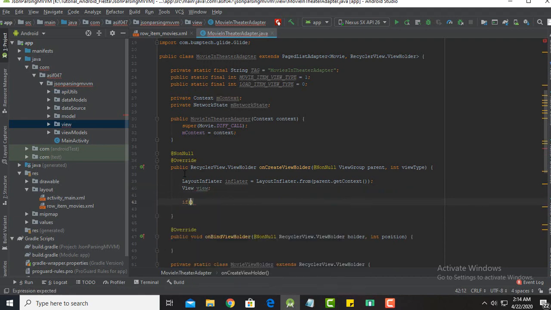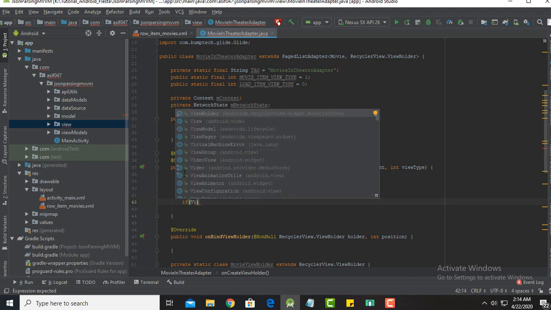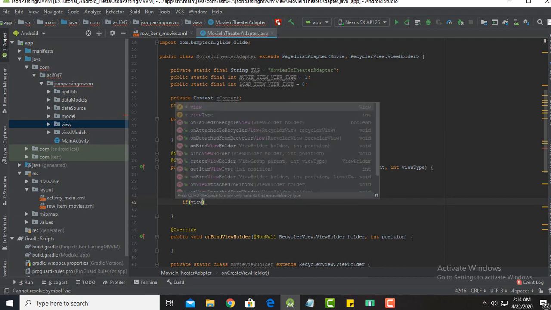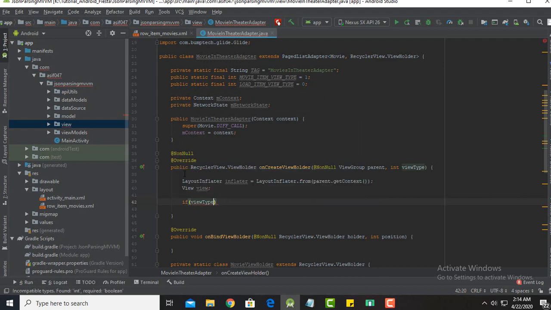If the view type equals movie item view type, then